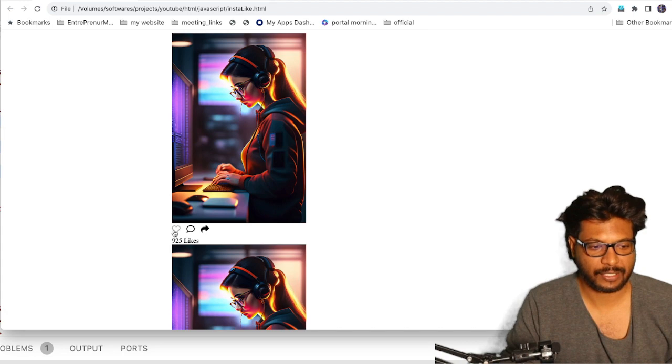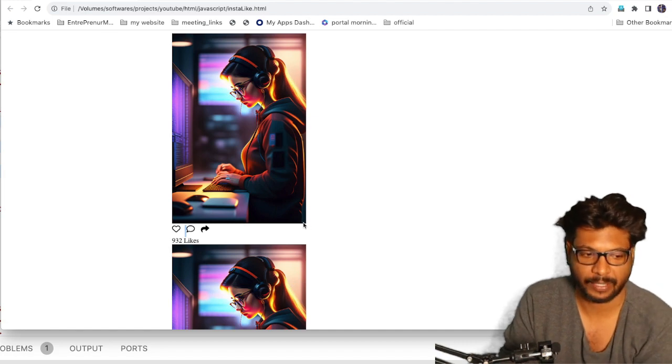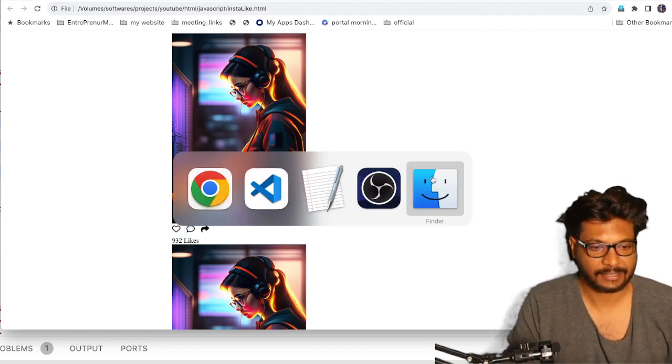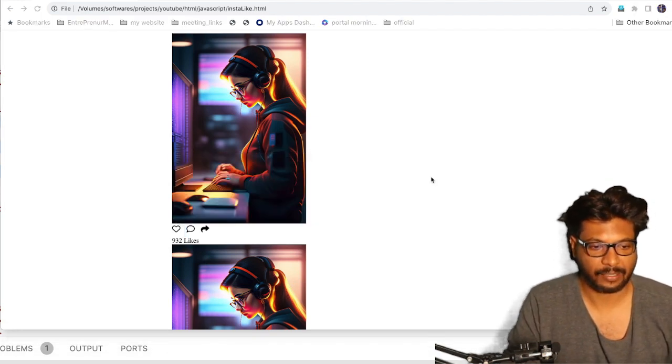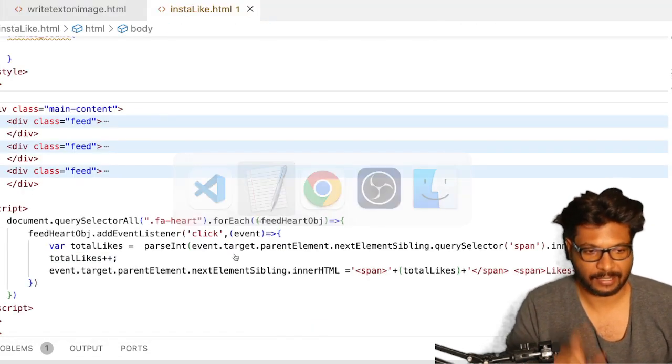Likewise, if I go to the first post, as you can see, it's 925, and if I click this one, it is also getting increased one by one. Fine. So now the like is working properly. Now the next scenario we are going to see is